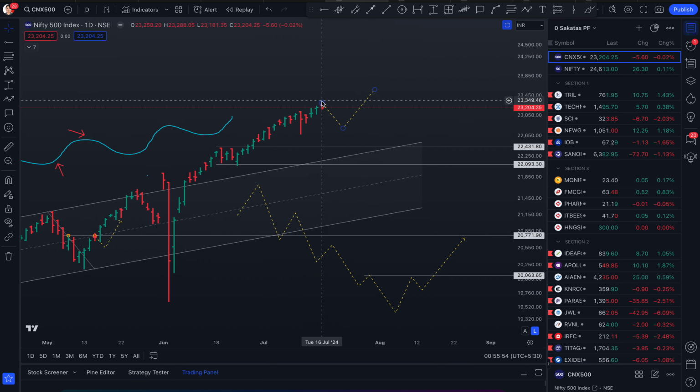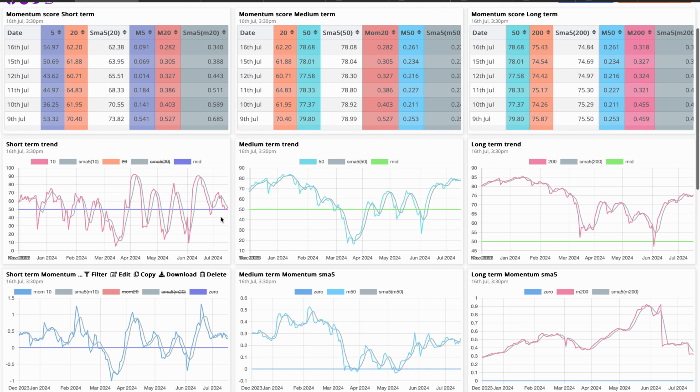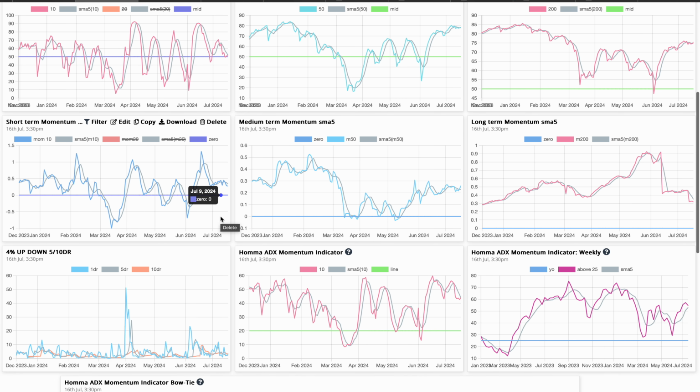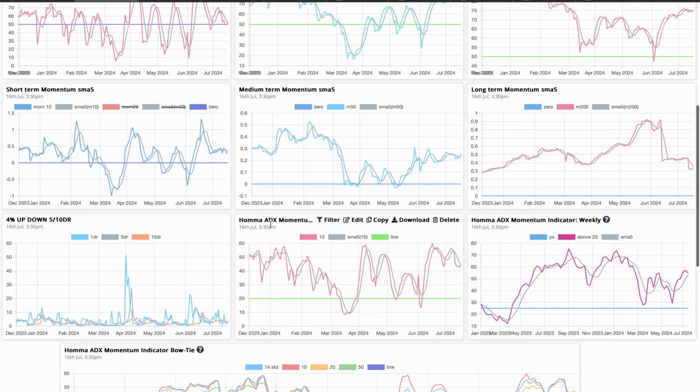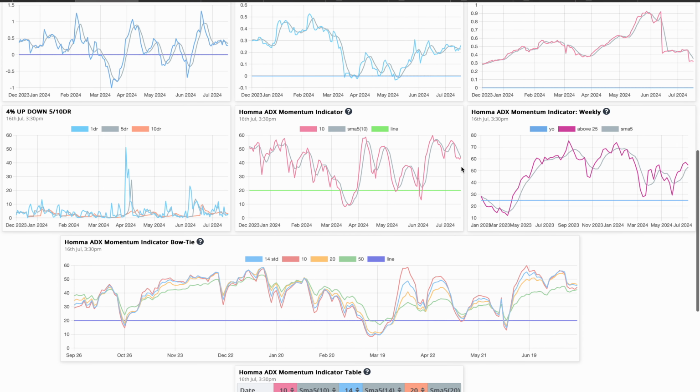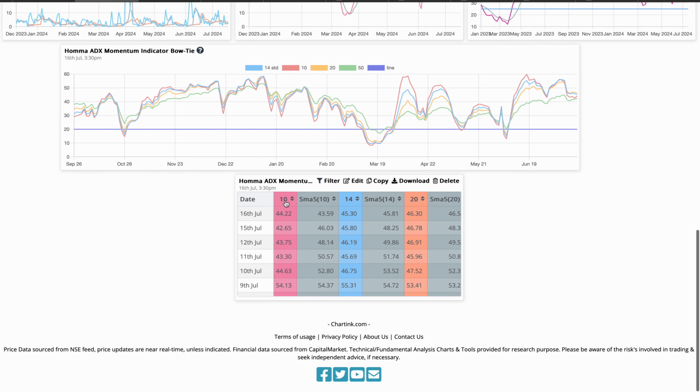So in this case, using the breadth data could possibly help you see which side the market is going to go. In my anticipation, if you see the ADX indicator, what it did today was a signal of a crossback, although it's not very clear from this chart here. From here, what you can see is